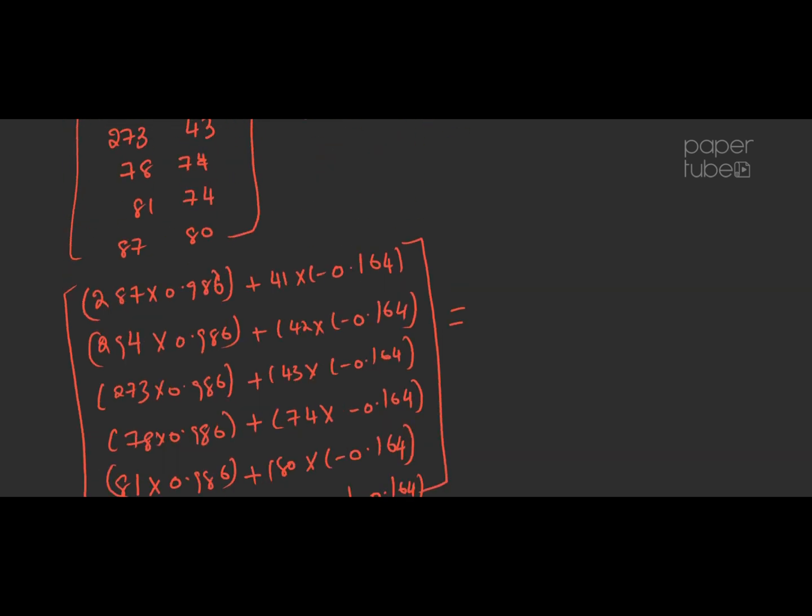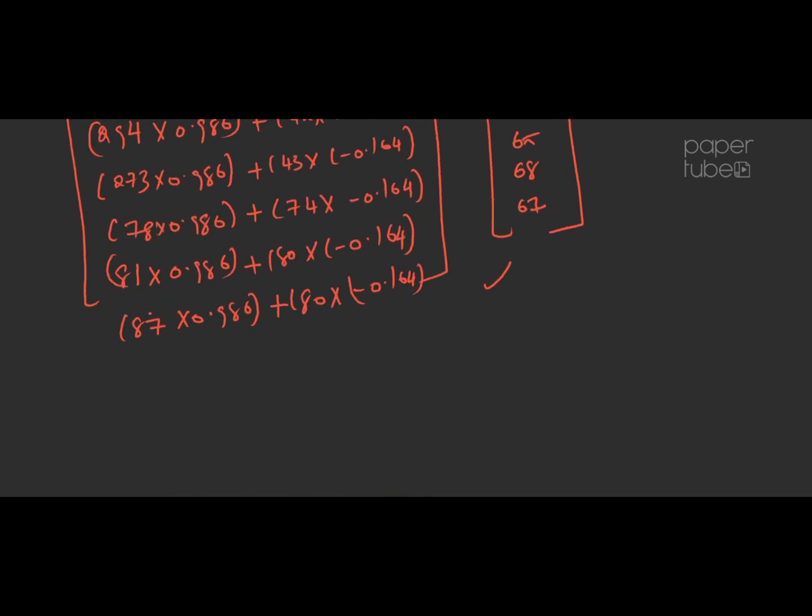So if you do it correctly, you'll get something like this, 277. I already calculated this value, so I'm just going to list it here. 65, 68, 67. So if you check the dimension of this data, this is 6 multiplied by 1, and we already know that this should be enough to represent the 99% of the variance in the